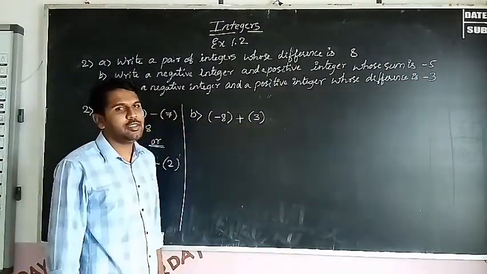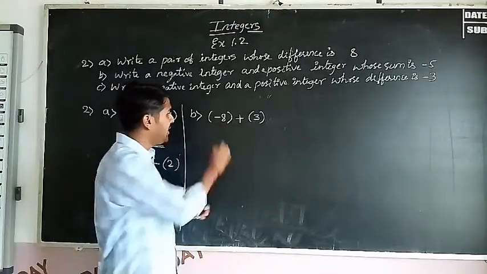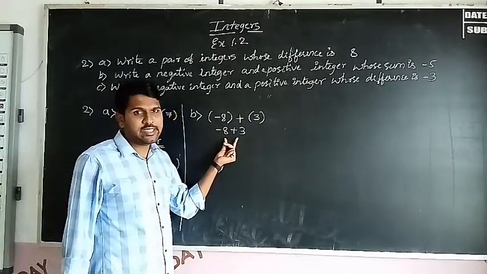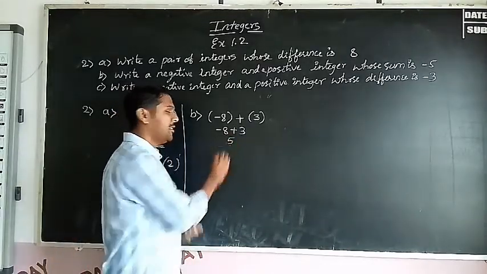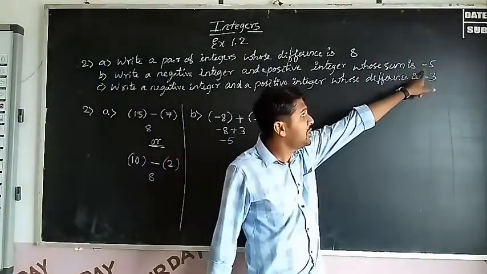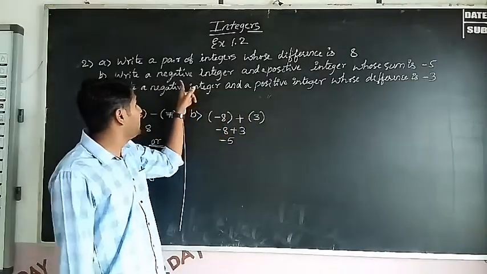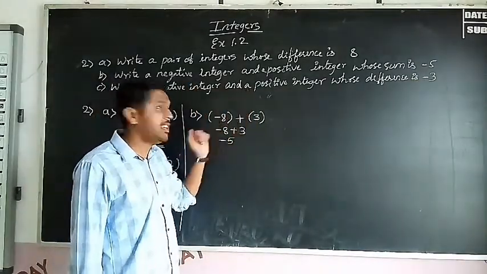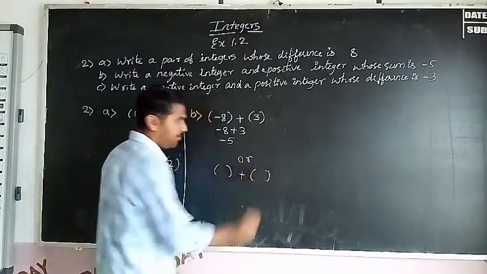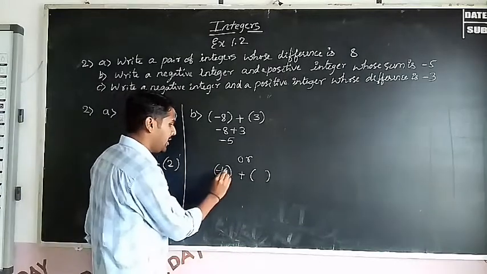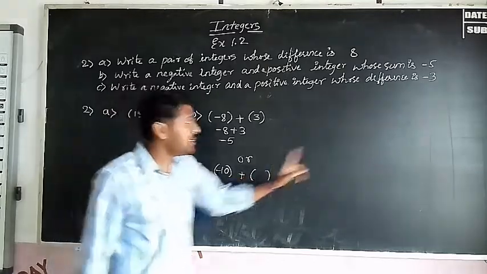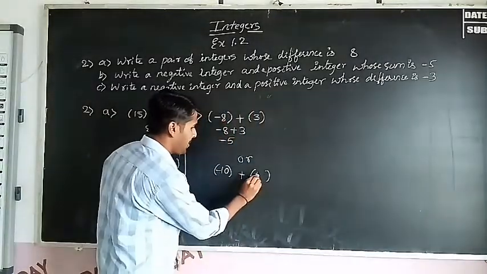Now solve this one. Here negative integer plus, -8 plus. Here the numbers are having different signs, so first we have to subtract. The greatest number's sign is minus. Here the minus sign is there. That means you have to take the greatest number as the negative integer. Here -8. Let's take another example. Let's take -10. Why have we taken -10? Because this is the greatest number. 10 minus 5, 5 only.